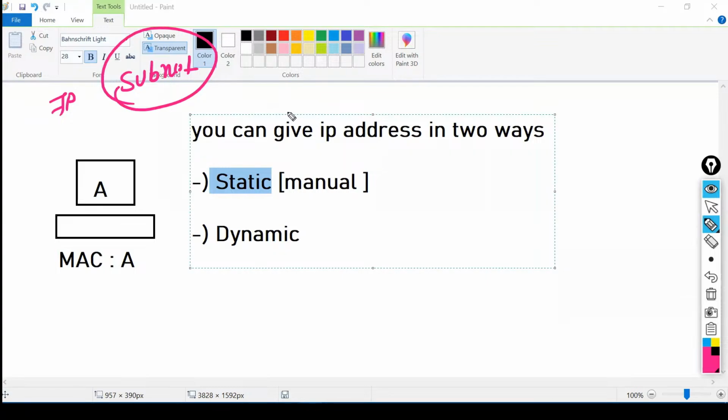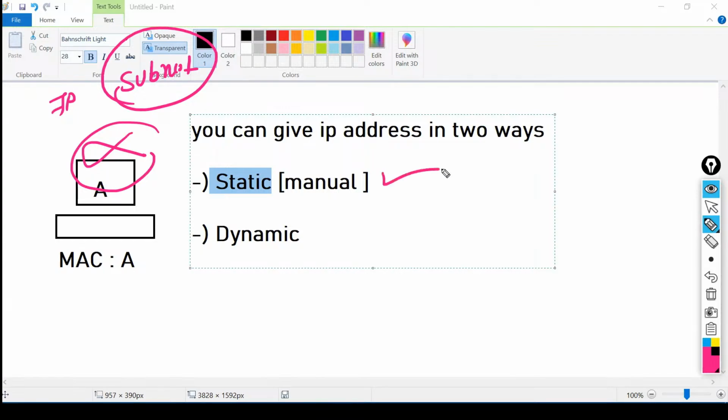So that they will identify what subnet we are using. If you are not going to put the subnet mask information, the command will be incomplete and they will not accept the command, right? The PC and the router will never accept the command. Without a subnet mask, the PC and the router cannot identify what subnet we are going to use, right? So IP is very, very important to send traffic to any person, right?